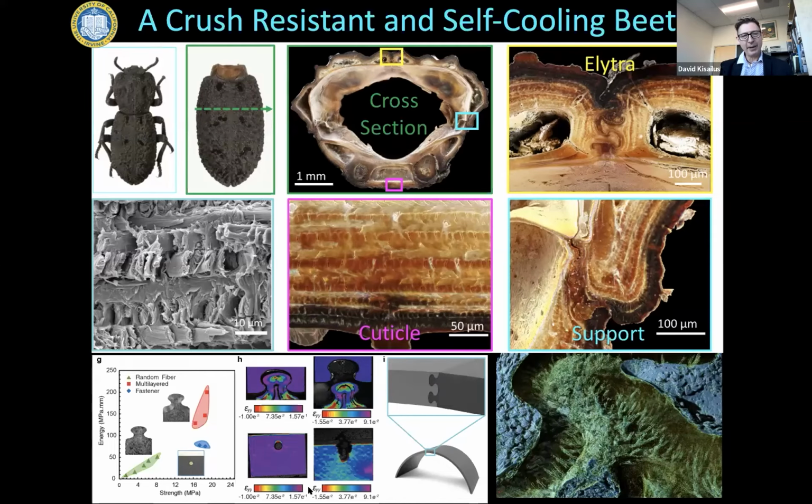So now, again, we're making some aircraft parts where, for example, in that Boeing 787, you can't have all composite. There has to be some metal, at least currently. How do you join them together? We're now making joints that show the same strength, but higher toughness than the current aircraft standard. And by the way, this beetle, which happens to be up in Riverside, California, where it's super hot in the summers, can self-cool. Can we make self-cooling structures now? This is another project we're working on.